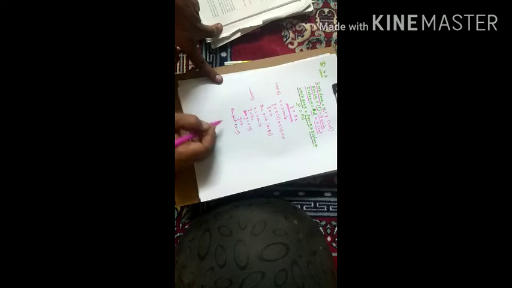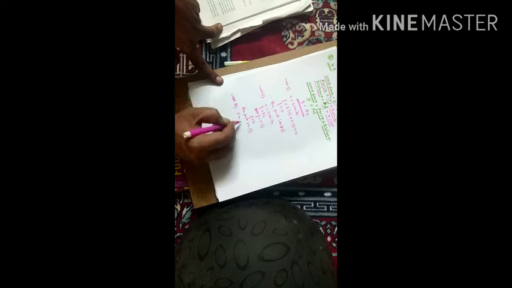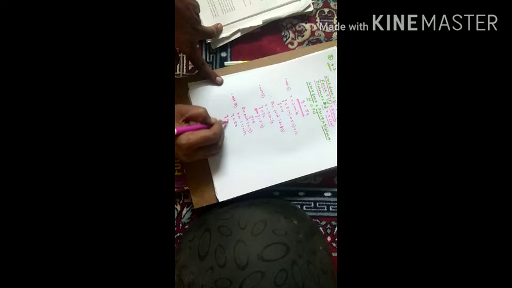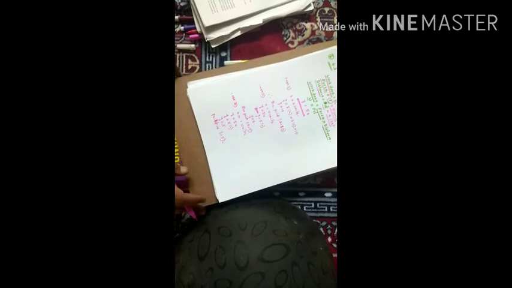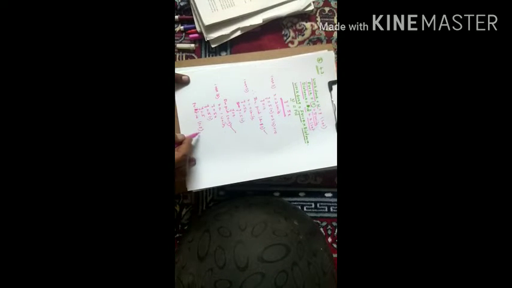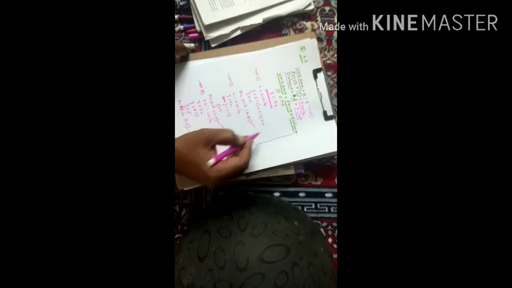Then you can say that y is also equal to 0. Therefore the point is (0, 0). Case 3, let x be 1 unit. Then y is equal to 5x. Therefore y is equal to 5 into 1. Therefore y is equal to 5. The point is (1, 5). So now I got 3 points. The first point is (2, 10), the second point is (0, 0), and the third point is (1, 5). Now you take a graph paper.